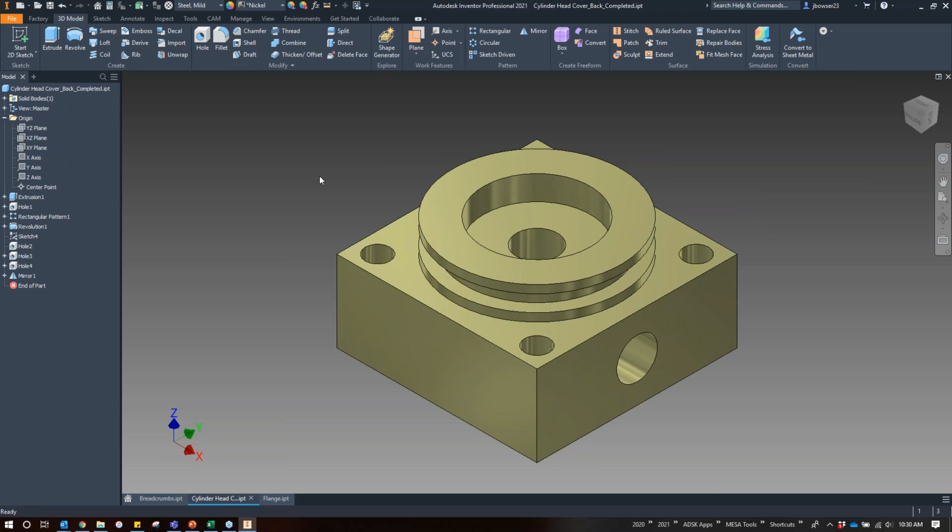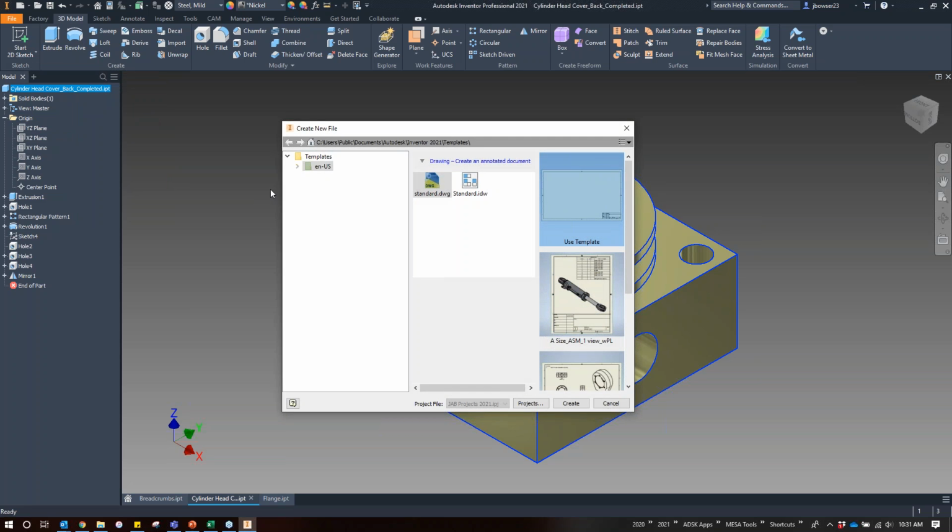All right, let's switch over to my part here, and let's take a look at a couple of these drawing enhancements. So the first one, actually two here that I want to show you. If you use this Create Drawing View option where you right-click on the file name over here in the browser, and you go to Create Drawing View to create your drawing, this dialog box has been updated. Now it shows you your new file dialog box instead of that old style that wasn't very intuitive. This one's much more